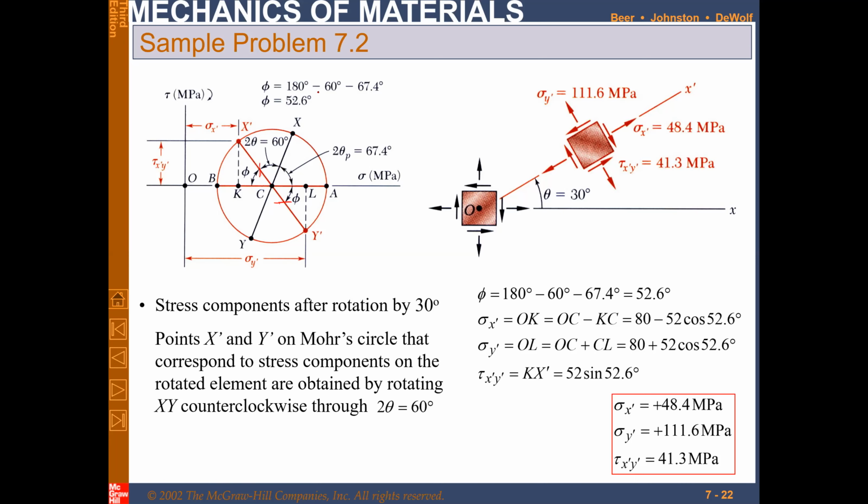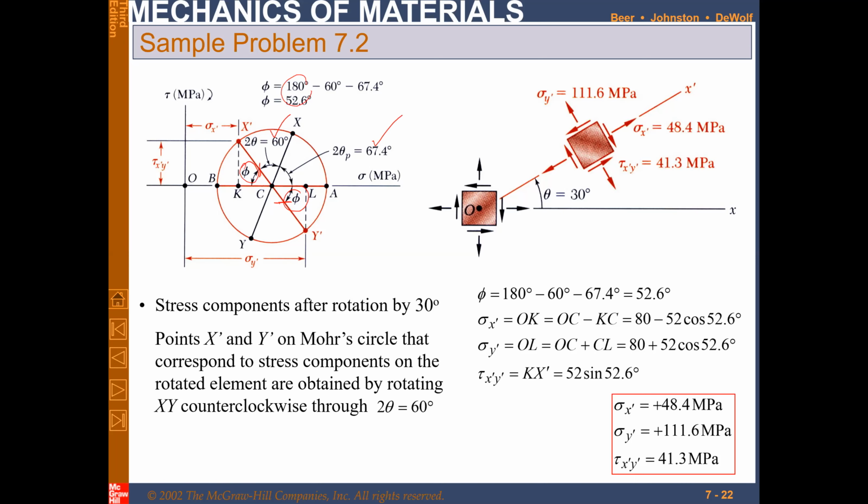And then you have 60 degrees, 2 theta further added onto that, right? And the rest will be 52.6. When you subtract these two angles, 67 and 60 degrees, from 180 degrees, you will get this 52.6. That will be this phi, either this phi or this phi,